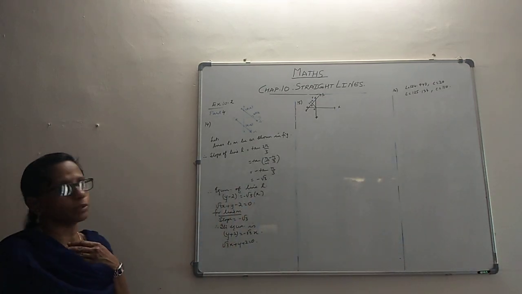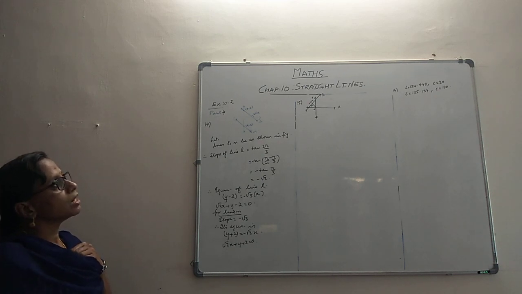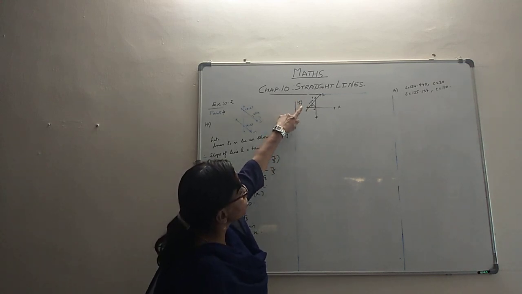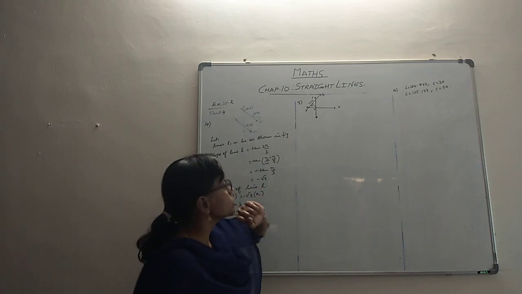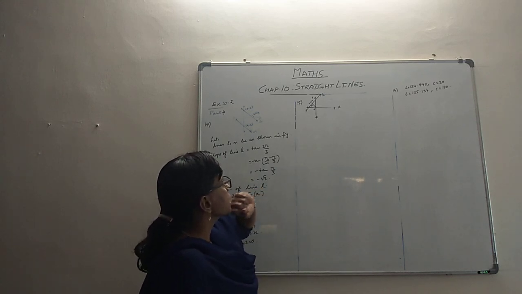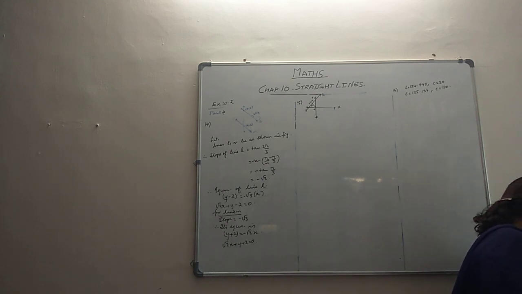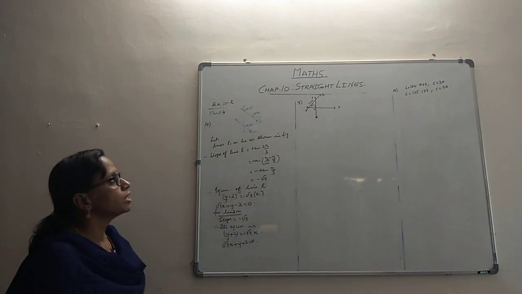Then we have the 15th problem. In the 15th problem, they say that there is a line L such that when we draw a perpendicular from the origin to the line L, it intersects line L at the point (-2, 9). And if that is the case, they ask us to find the equation of line L. Let me quickly cross-check the question once again. The perpendicular from the origin to the line meets it at the point (-2, 9). Find the equation of the line. Yes, they ask us to find the equation of this line.